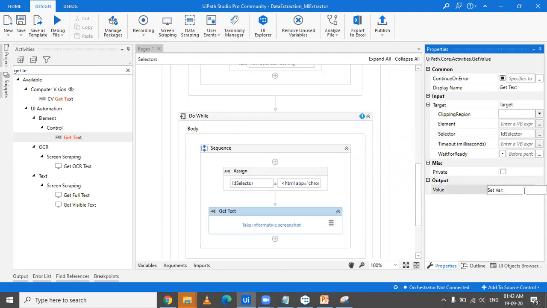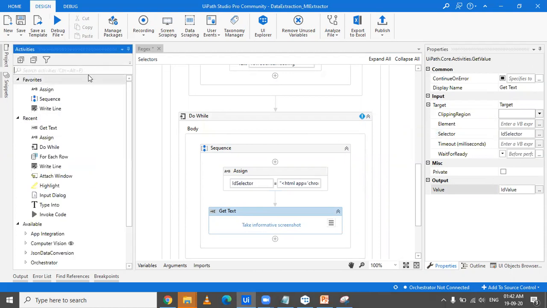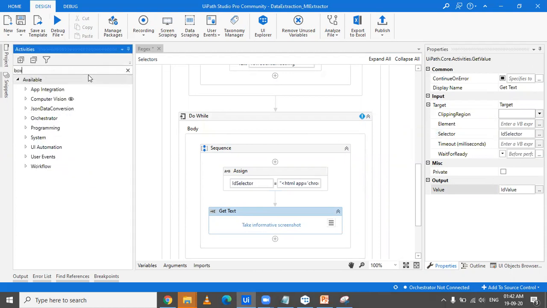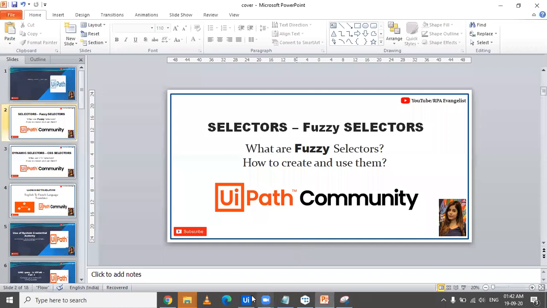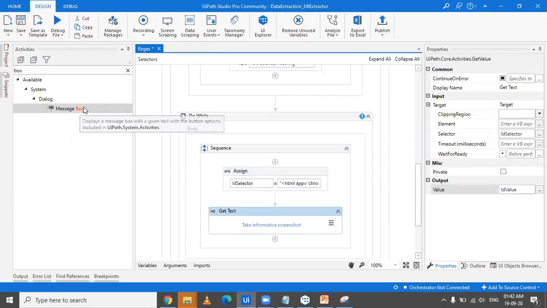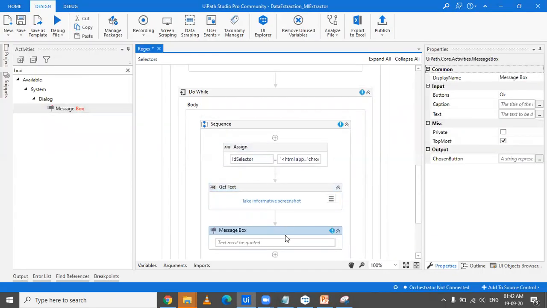We'll extract the value and we'll name it ID value. Let's drag in a message box, and we'll say display as the ID and ID value. It's already a string, so there is no need to convert it.